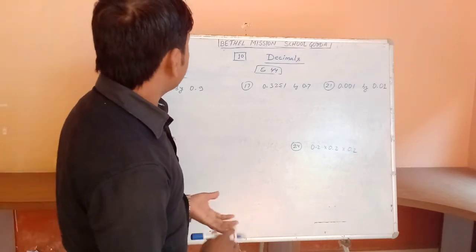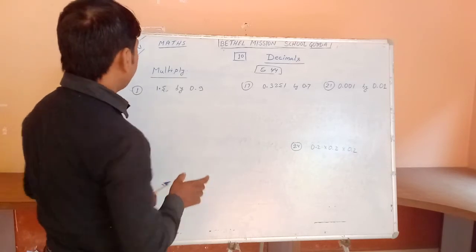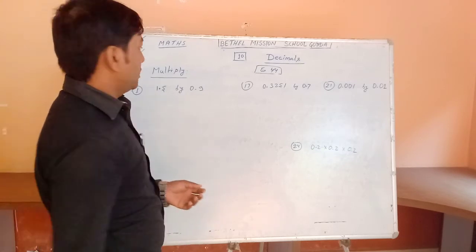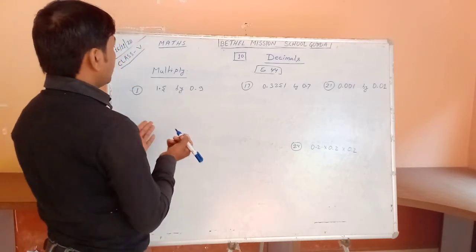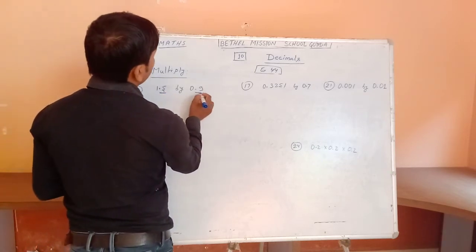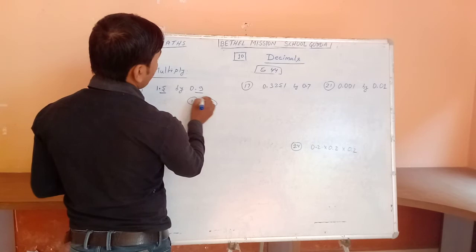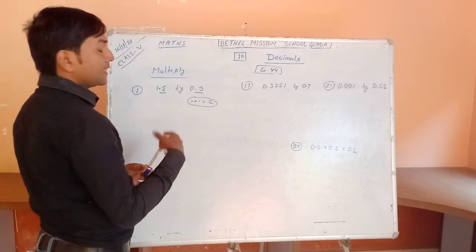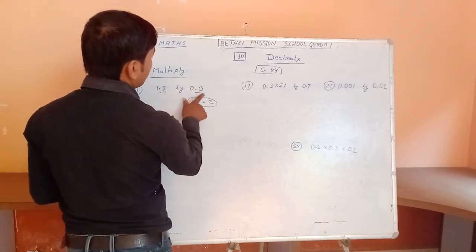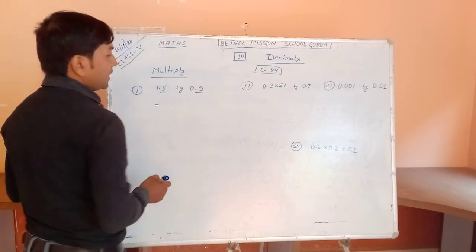Now we start exercise 44. Here you have to multiply. There is one difference, both numbers contain decimals. So first find out how many decimal places. 1 decimal place and 1 decimal place. So decimal places 1 plus 1, it means 2. You have to add both decimal places, and you have to put after 2 decimal places. After 2 places, you have to put the decimal.